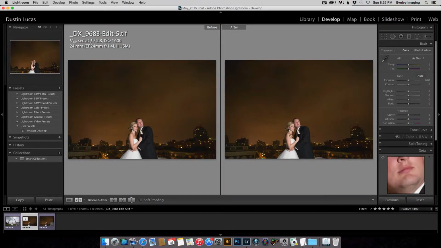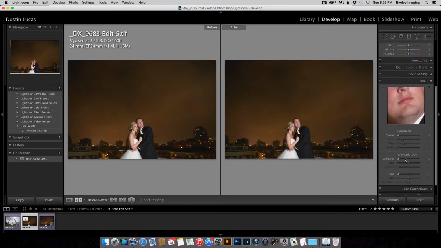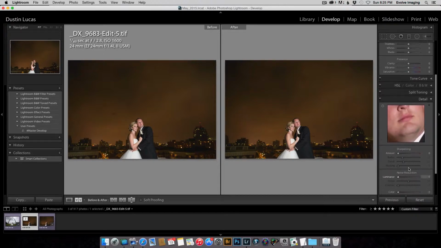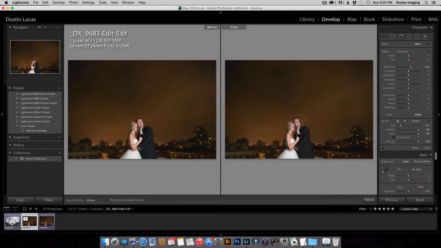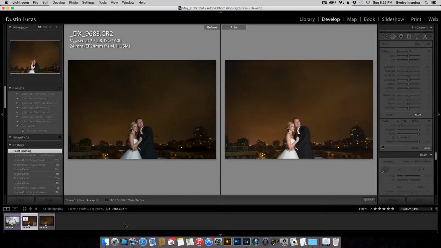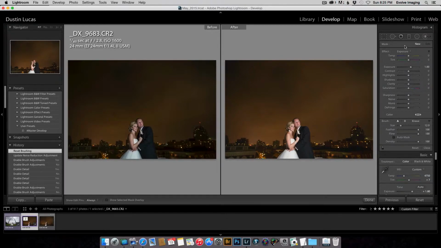And another thing is you don't have the ability to go in now and adjust this setting other than what you've done in the detail panel, and see how it zeroed out everything here. So you don't have the ability to go in and mask, like we did with the adjustment brush on their face, and pull some of that back. It's an all or nothing effect. If you're all done with color correction and you're ready to export all of your images out, I think it is a great tool to use, but it does take quite a long time for it to process all those images. I do have another solution to that specific problem,